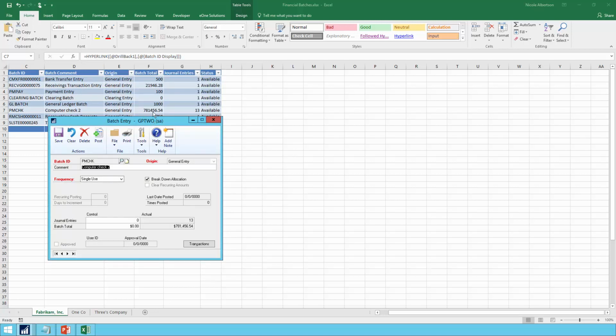So that is what I saw here, the $78,000 batch showing up here in the batch entry. So I can drill from my Excel report back to GP and see more detail on it, the same as you have in SmartList with the go-tos. There are limitations here. I do have to be logged into GP, into the right company that data exists in, and I have to have access to whatever I'm trying to retrieve. So if I didn't have access to this batch entry window, as whoever I was logged into GP as, I would have gotten a security error and that wouldn't have worked. So it will check all of your GP authentication and make sure that that's valid before it lets you in.